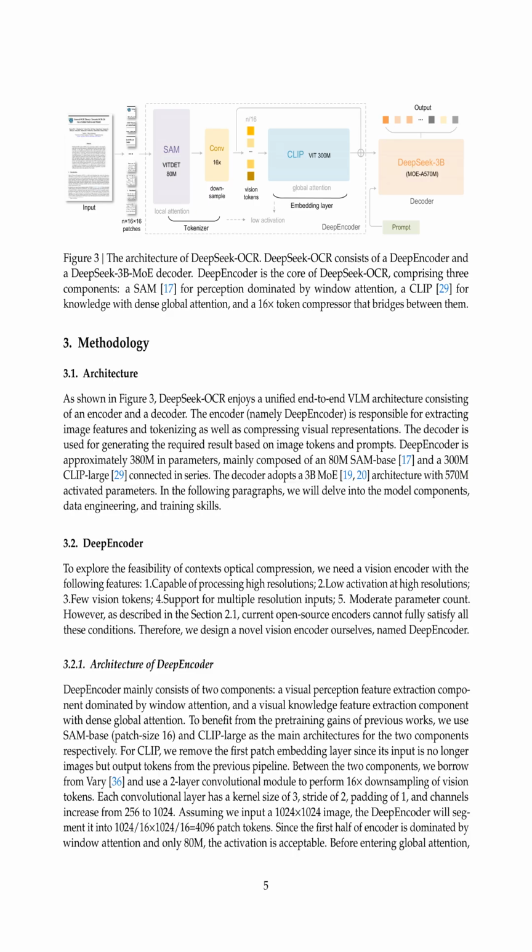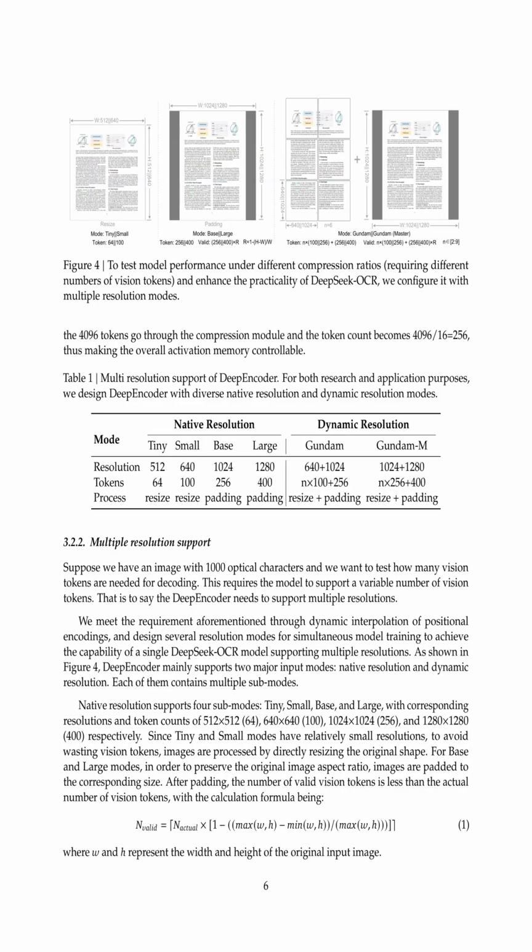Assuming we input a 1024 by 1024 image, the DeepEncoder will segment it into 1024/16 by 1024/16, equals 4096 patch tokens. Since the first half of the encoder is dominated by window attention and only 80M, the activation is acceptable. Before entering global attention,